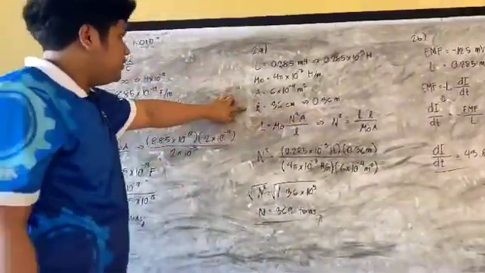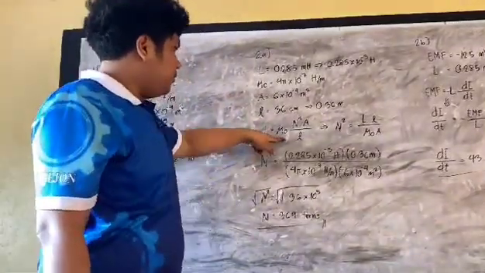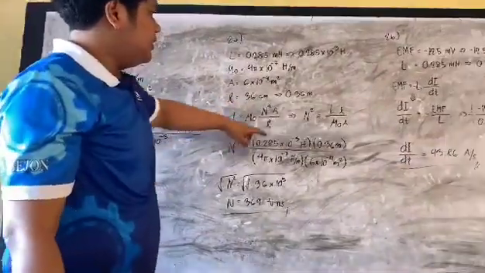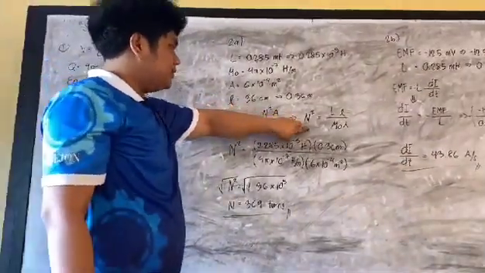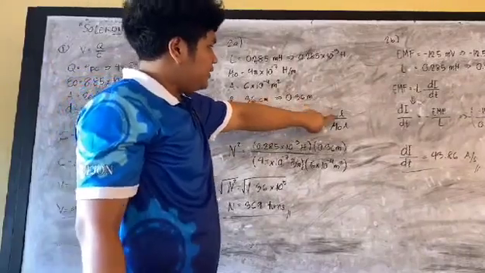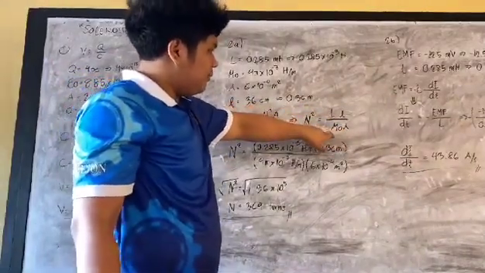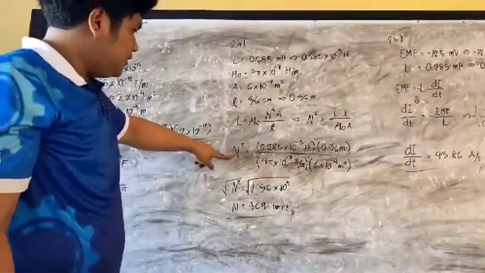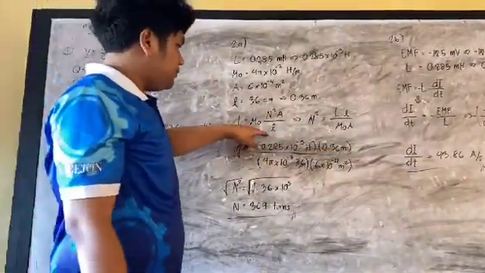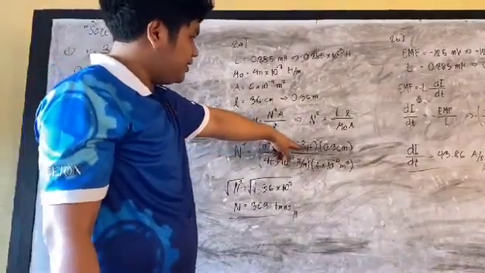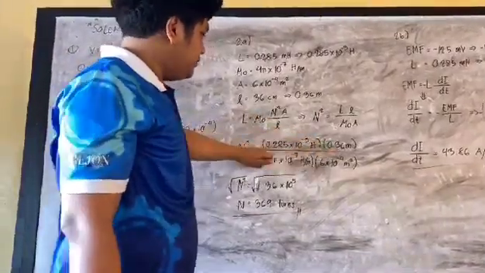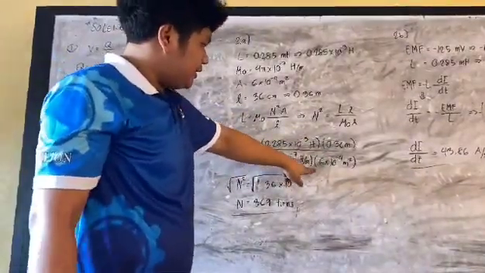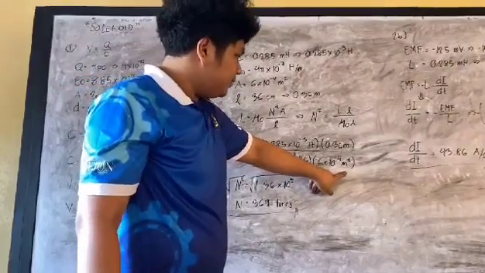Then to solve for the L, we will use the formula mu-naught times N squared times A over length. Then we will just manipulate the equation: N squared is equal to L times length over mu-naught A. Then we'll substitute the values. N squared is equal to 0.25 times 10 to the negative 3 Henry times 0.36 meter over 4 pi times 10 to the negative 7 Henry over meter times 6 times 10 to the negative 4 meters squared.